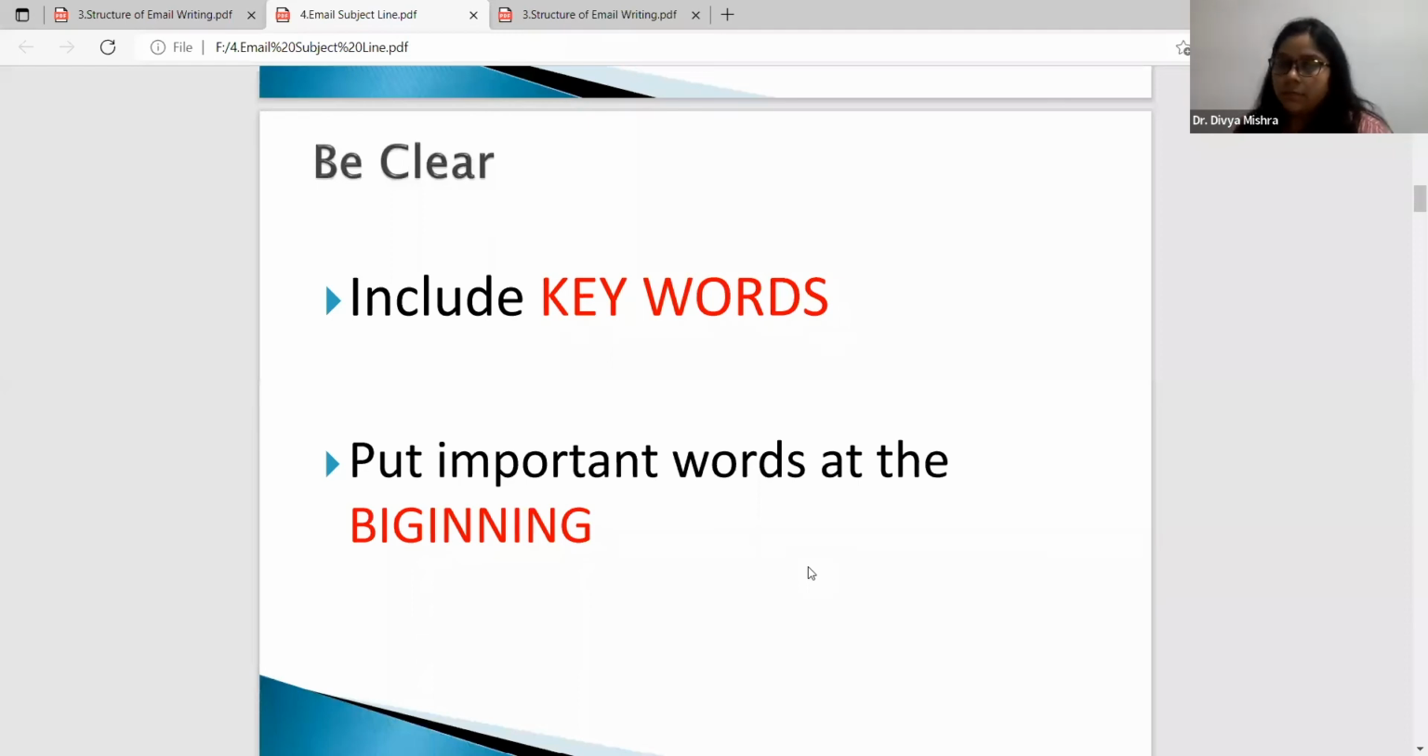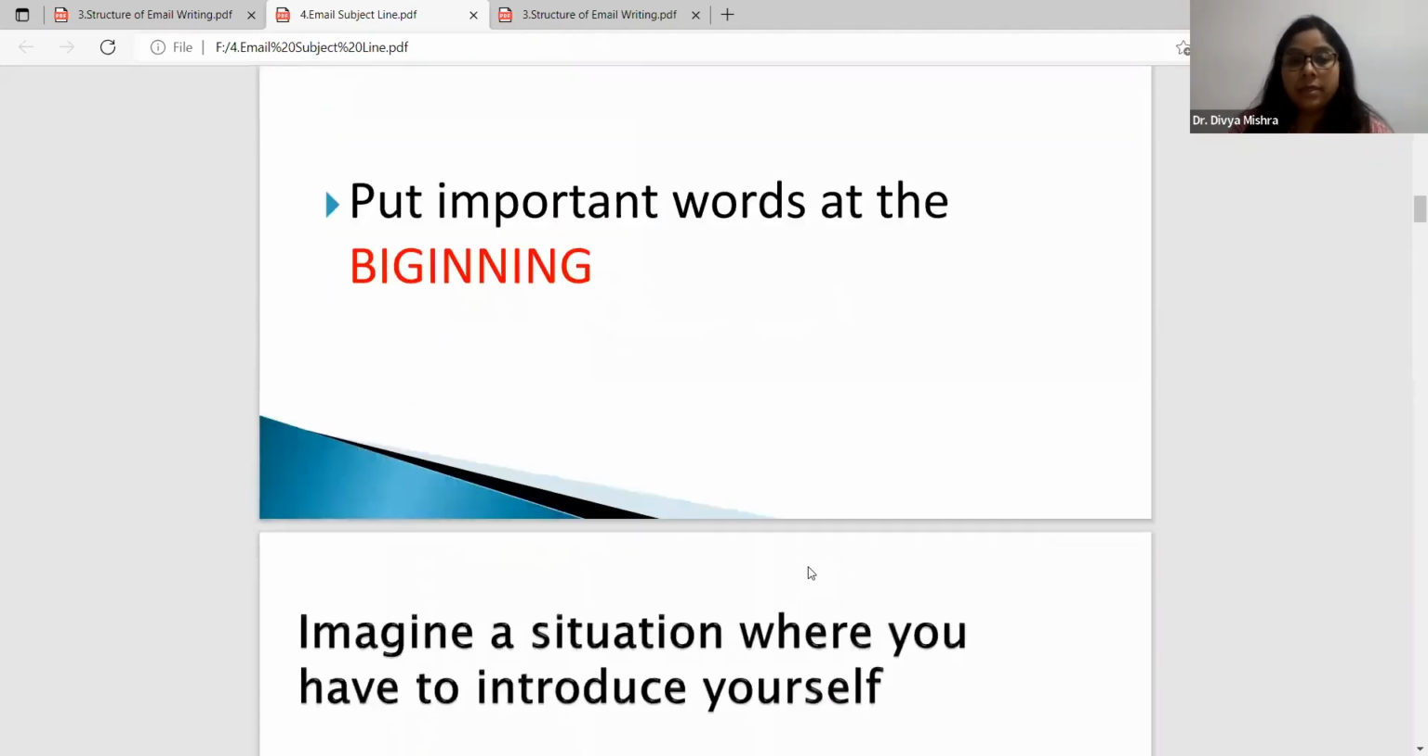Yes, that seems good, Gaurav. Unavoidable leave due to chronic chest pain. Yes, that is also including keywords. Leave, chest pain. These are keywords. Means you know how to make your subject line brief, clear, and then